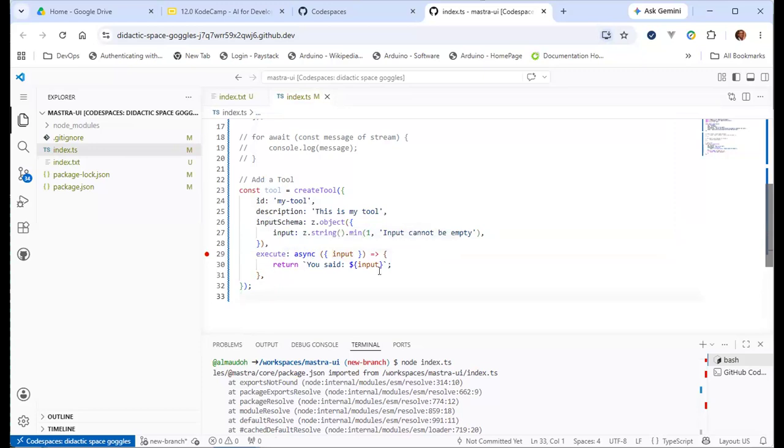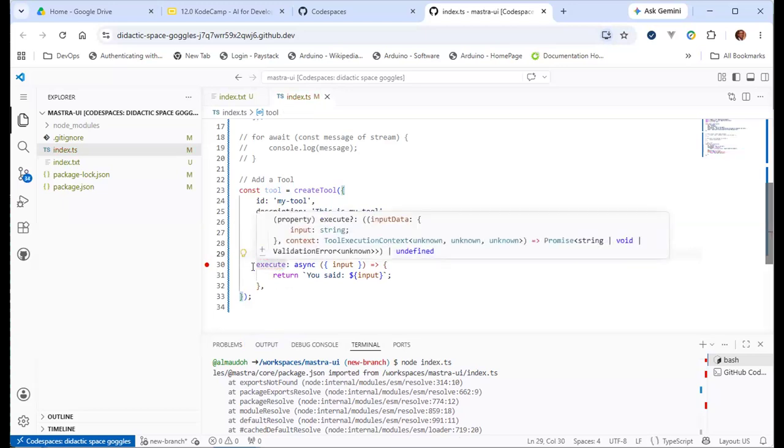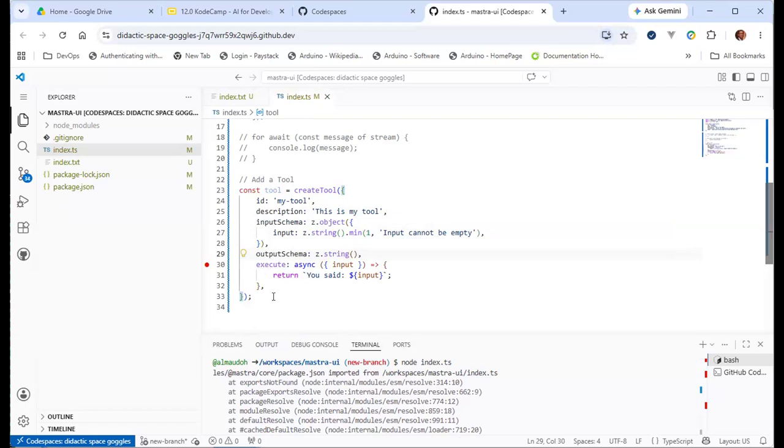And then if you return an output, you should also have an output schema. In this case, since the output is a string, we can also specify the output schema. The output has a return value from the tool function. It's a string, and that works. If I were to change this to something like number, you now see there's a disagreement.